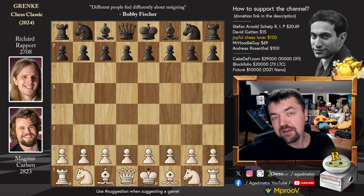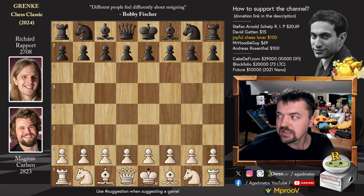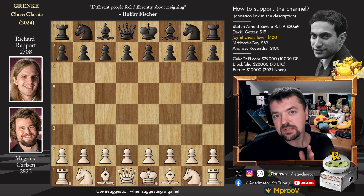This is the second half of the tournament and now we're going to have all the same pairings, only with colors reversed. And we have Magnus Carlsen versus Richard Rapport. Magnus defeated Rapport in round 1 with the black pieces and now it's Rapport's opportunity to strike back, also with the black pieces. Now before we get to the game, and it's very interesting because it's the Benoni and here